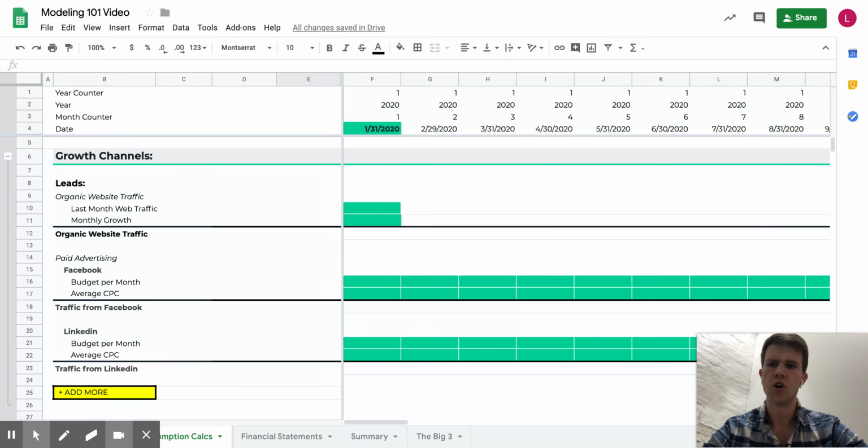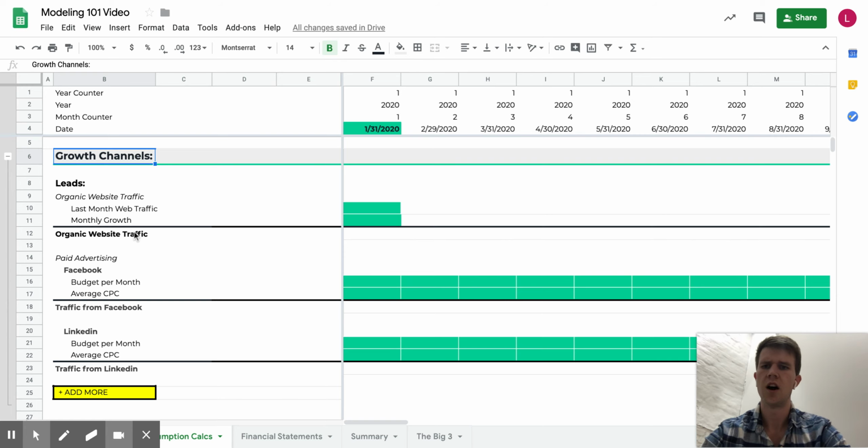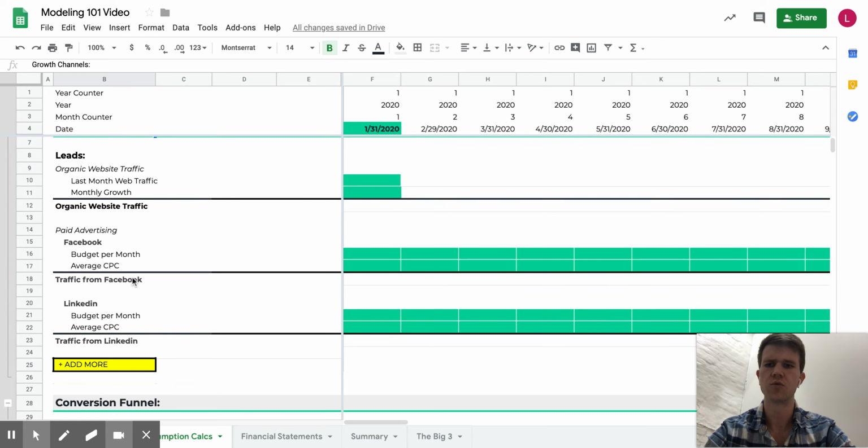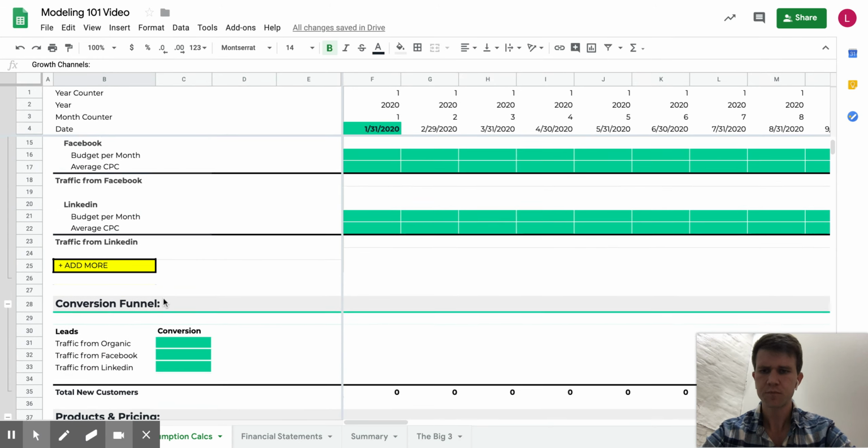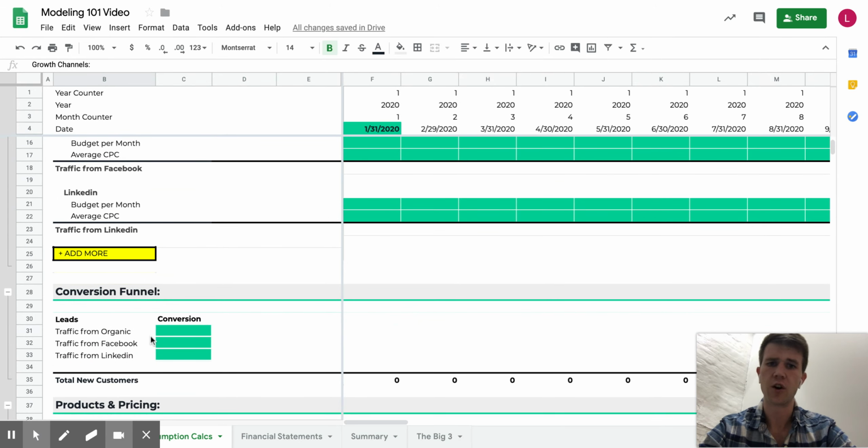Okay. So where we're going to be focusing on this video is really this top section where we break it into two sections. We have growth channels. So this is really going to be, if you remember from the last video, the top of the funnel: trying to forecast people coming to your business, coming to your website, learning about your brand and how you get on people's radar. And then the second section is going to be focused on converting those customers. So, okay, now that they've come to your website, how do you convert them into paid customers, and what does